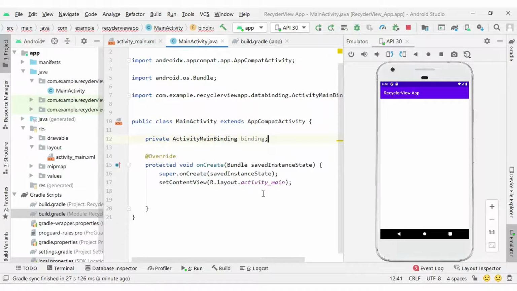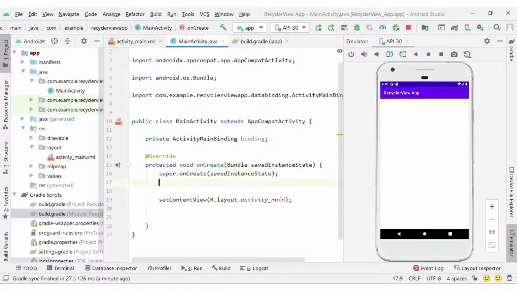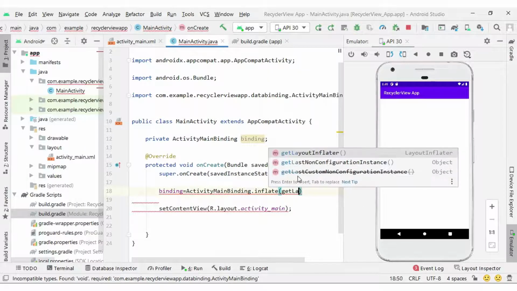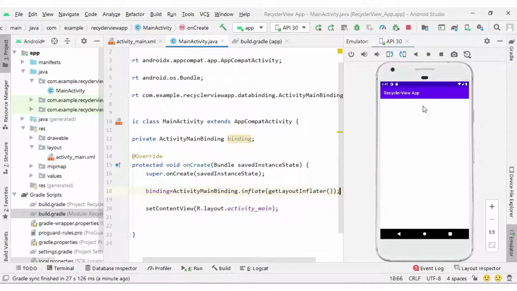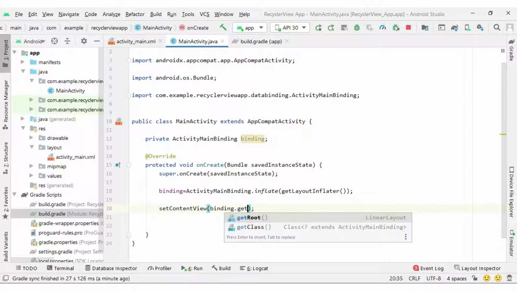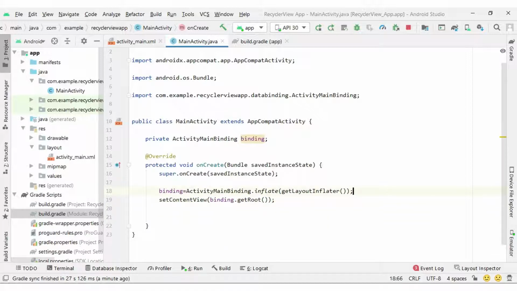Then binding equals ActivityMainBinding.inflate, and we pass getLayoutInflater as parameter, and inside setContentView we can write binding.getRoot(). This is how we can use the view binding class with our activity.